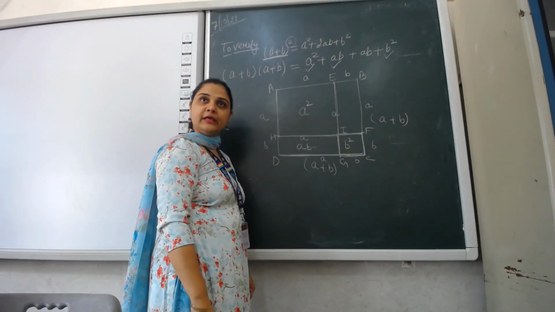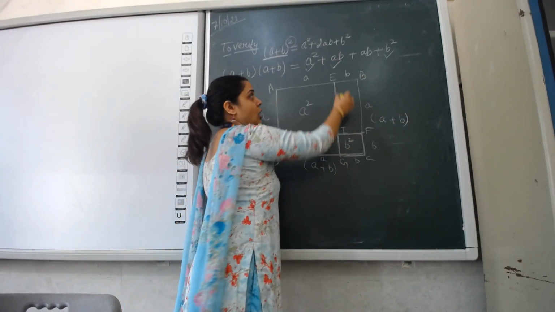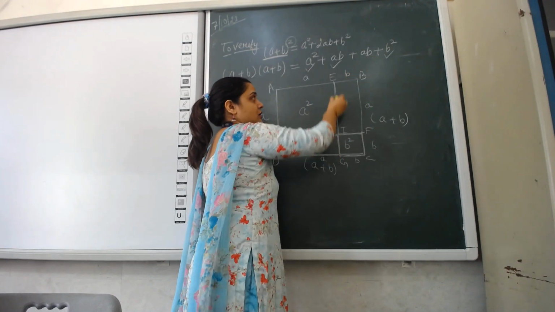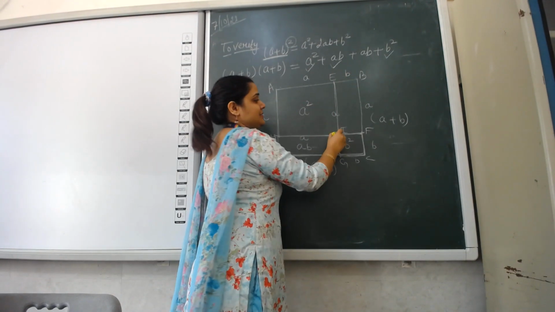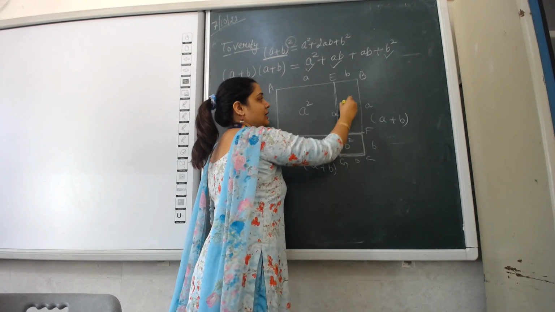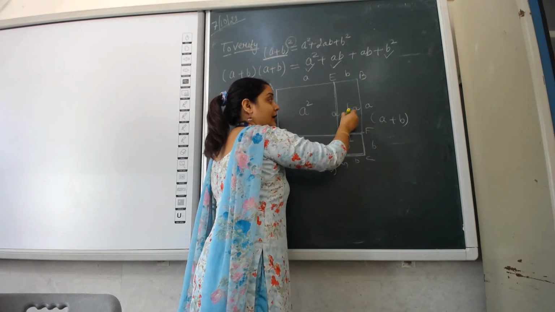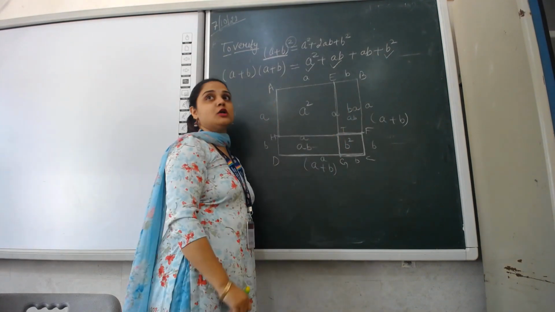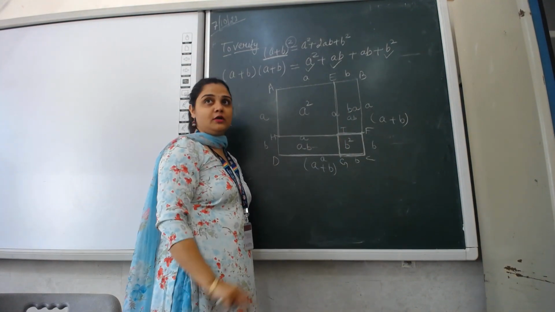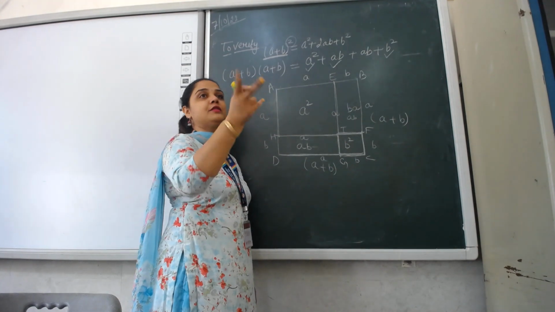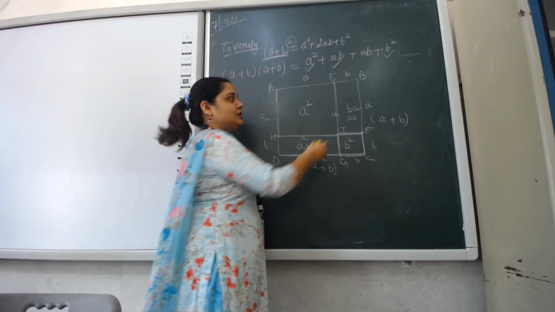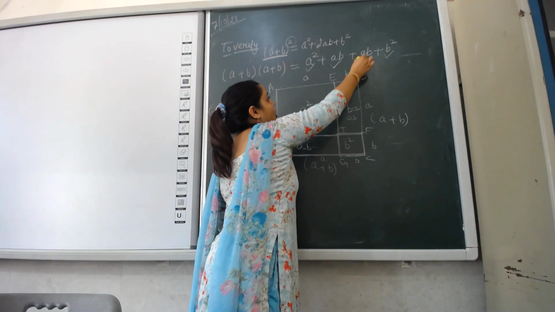Right? Now come to this. What is the shape of this? Rectangle. What is the length for this? B. What is the breadth for this? A. So BA or AB both mean the same because multiplication is commutative. Whether you multiply 2 with 3 or 3 with 2, both mean the same. So this is again A. So I got all 4.